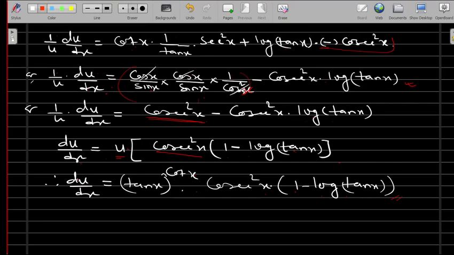Now again we have to find v, where v is cot x to the power tan x. Taking log on both sides, log v equals tan x times log cot x. Differentiating both sides with respect to x, we obtain 1 by v dv by dx equals first no change, derivative of log cot x is 1 by cot x times the derivative of cot x, which is minus cosec square x, plus